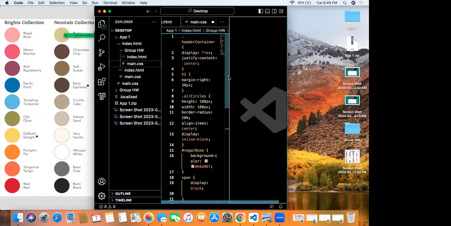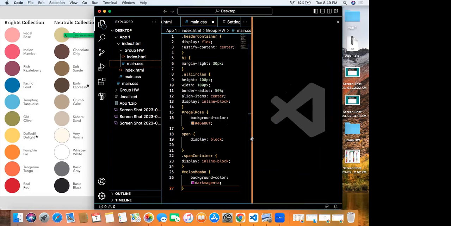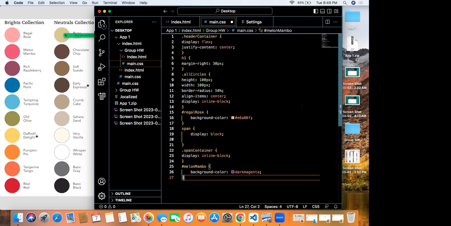I don't know how to undo what I just did. You should be able to click the X in the top right. Yes, okay. So we got this one.